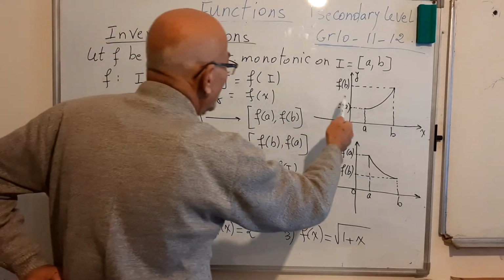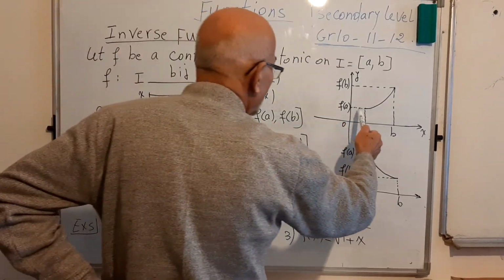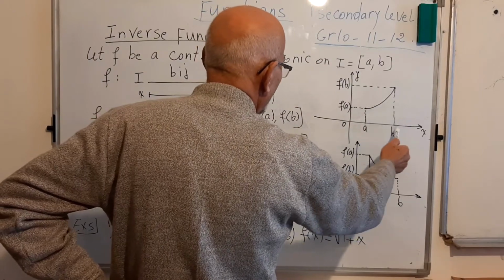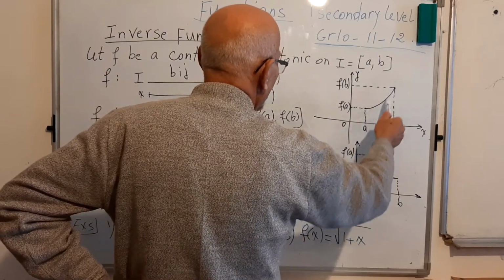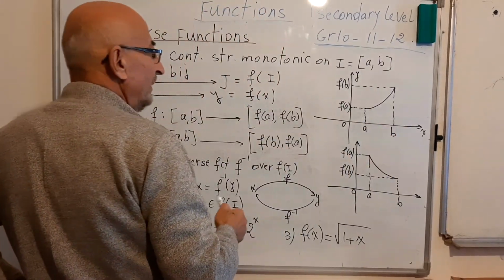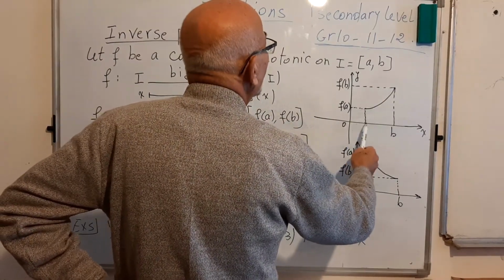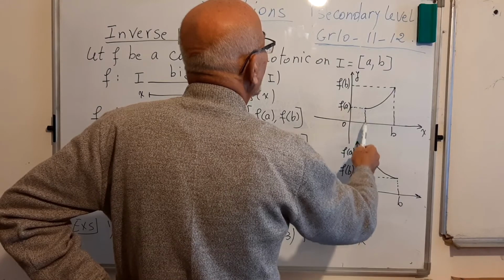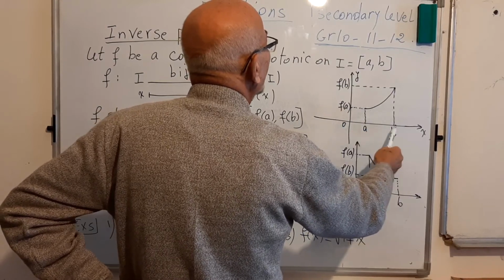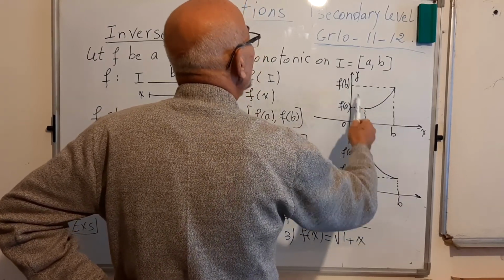If f is strictly increasing on the interval AB, we have the image of A, f of A, and the image of B is f of B,